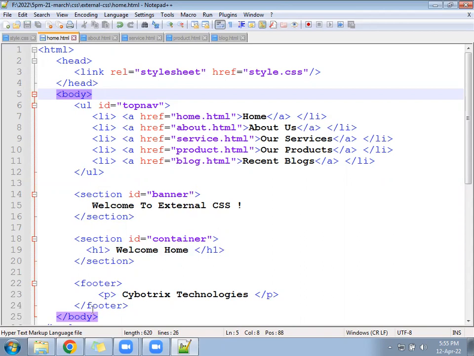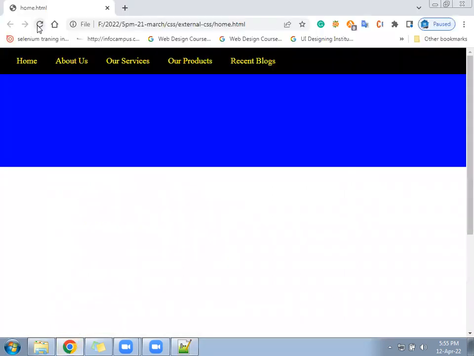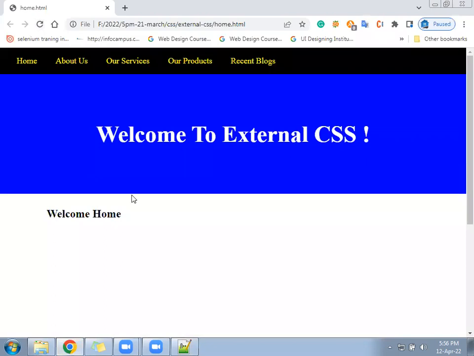Ready? Save now. Welcome to CSS is coming something like this.